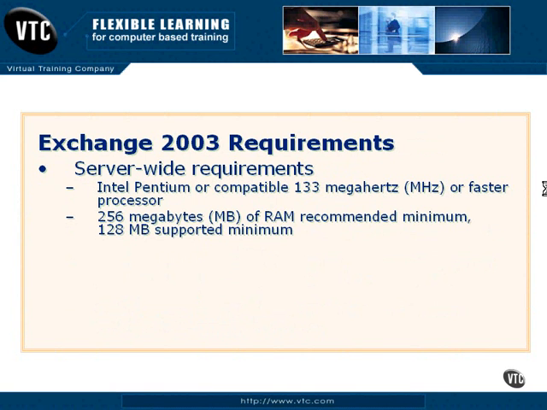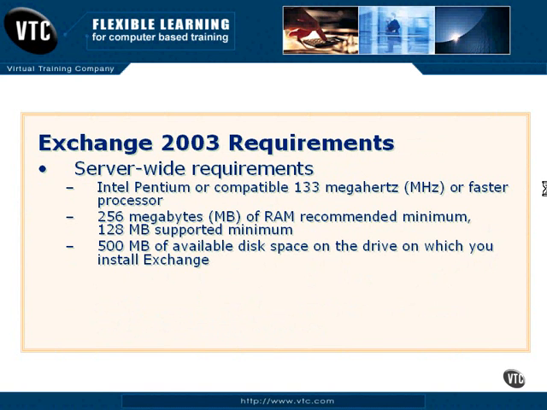Notice the RAM requirements, 256 megs minimum recommended. They will support 128 meg, but again, it's going to be sluggish. Be aware of that. You need at least 500 megabytes of available disk space. Obviously, there's not much room. Again, these are for testing purposes mostly. In most real-world situations, you're not going to put it on a system like this. You need 200 megabytes of available disk space on the system drive. Keep that in mind. No matter where you install Exchange, it's going to use 200 megabytes on the system drive